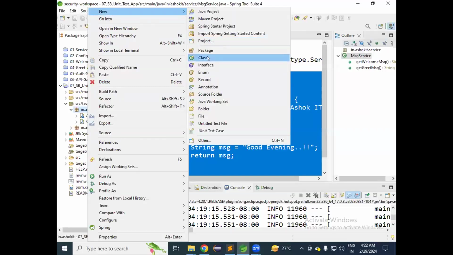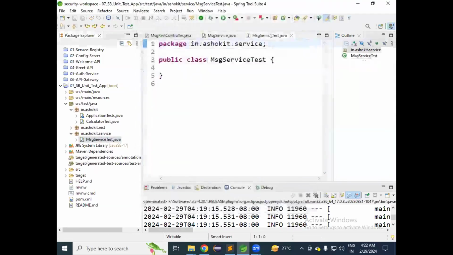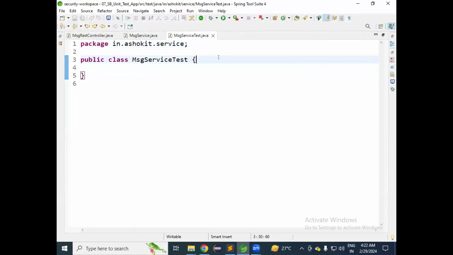New class in.ashokit.service, MessageServiceTest. Message service test class is available. Inside this class, I want to perform the unit testing. To represent that this class is a service class and it is a test class,